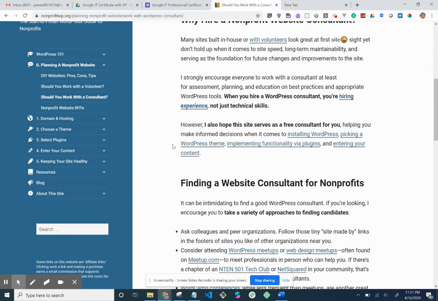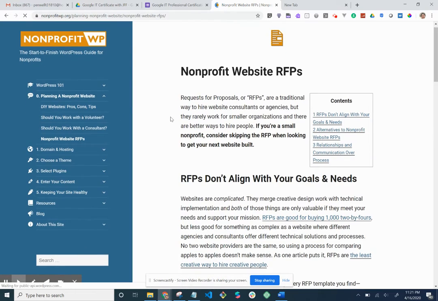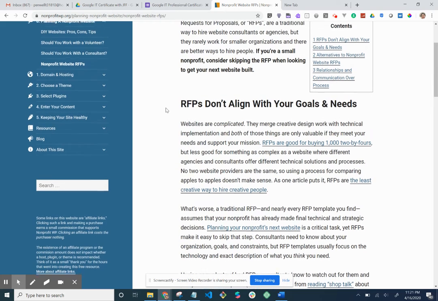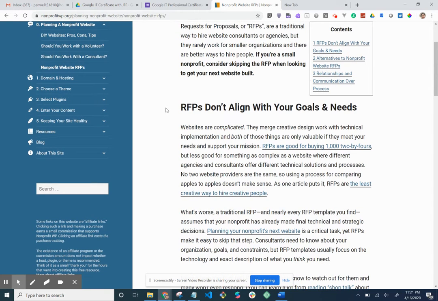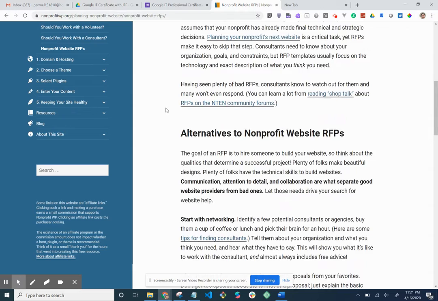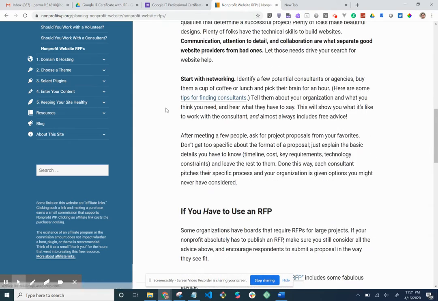Let's see. How requests for proposals work, RFPs. It talks about if you're a small nonprofit, considering skipping the RFP when looking to get your next website built. So even though it may or may not be something that a nonprofit would do,